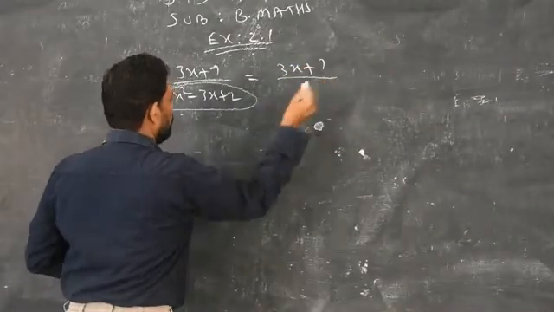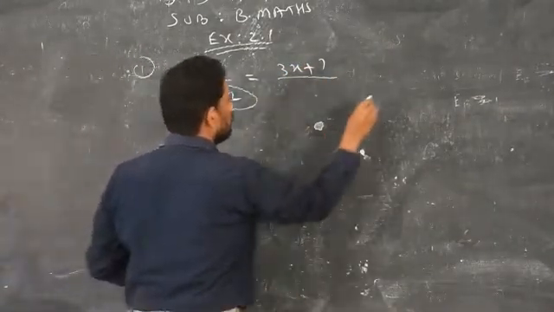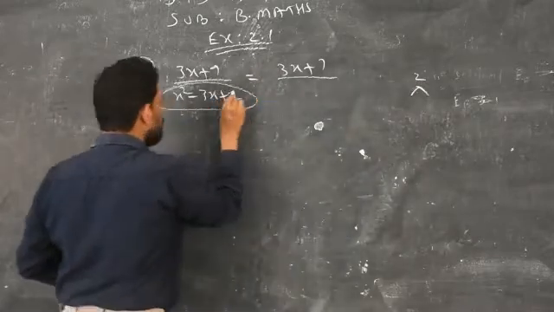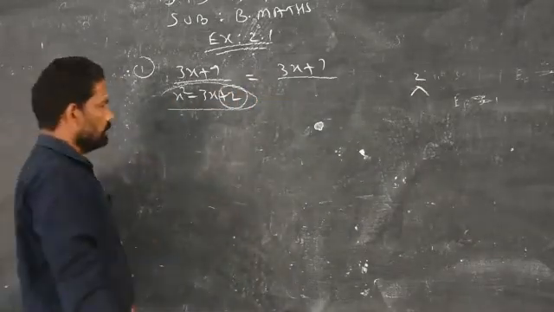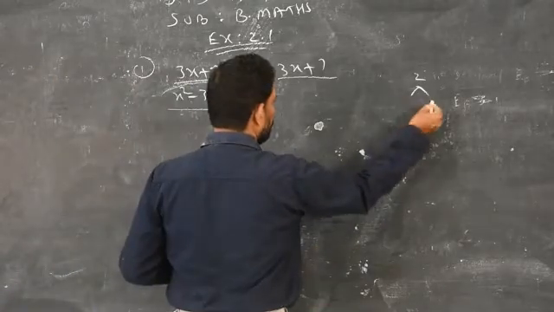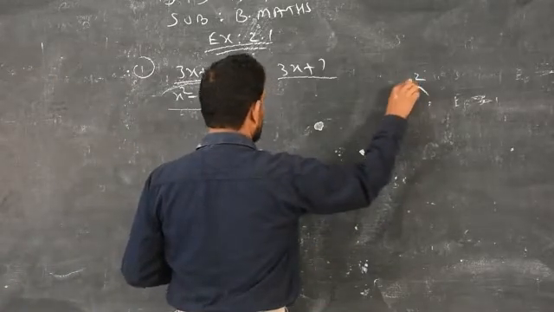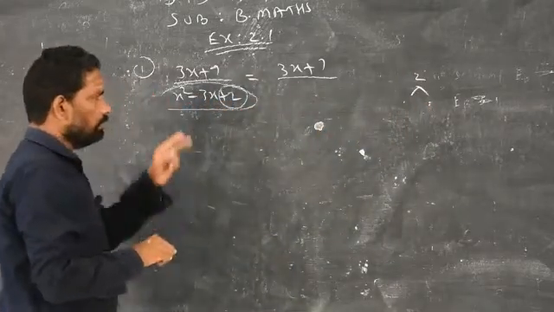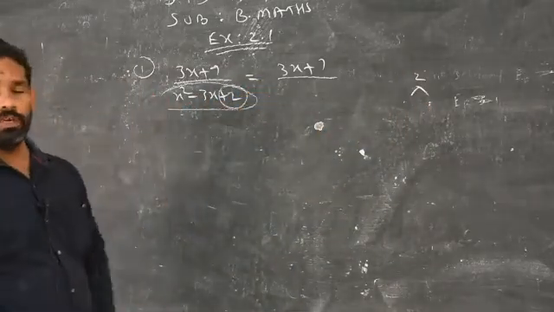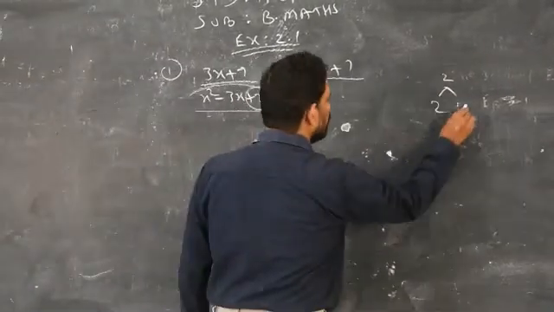3x plus 7y. When you factorize, you know how to factorize. Take the last term of the expression, plus 2. When you multiply these two, you are supposed to get the last number. When you add, you will get the middle one. In such a way, you have to find factors for 2. So 2 times 1 is 2.